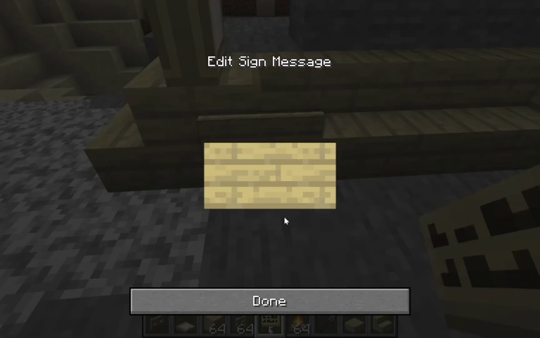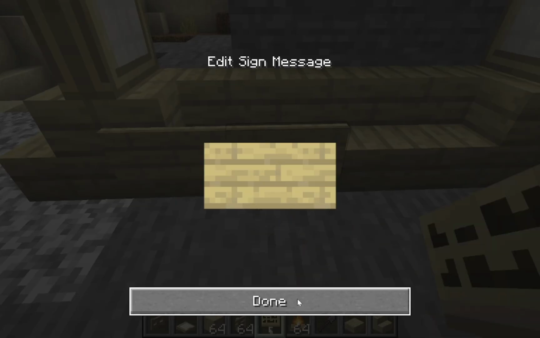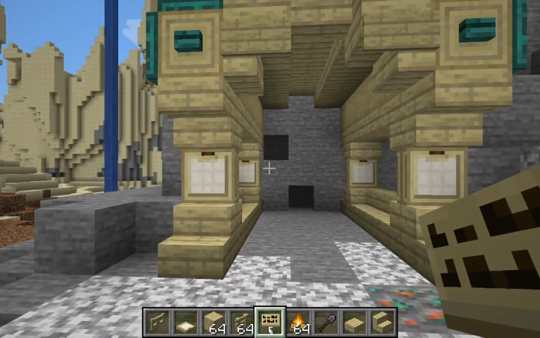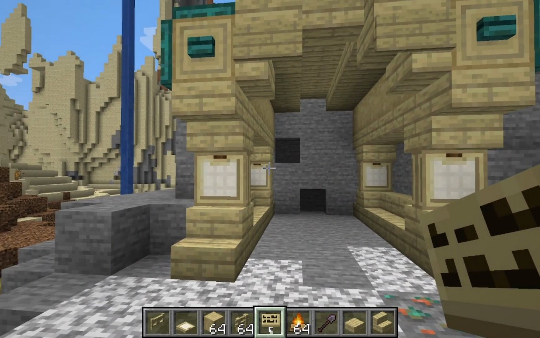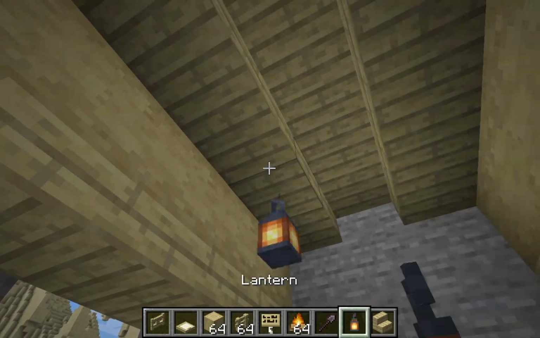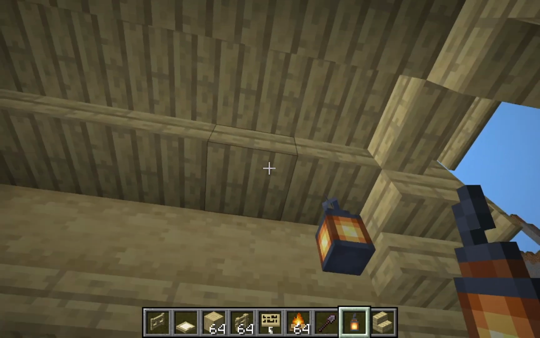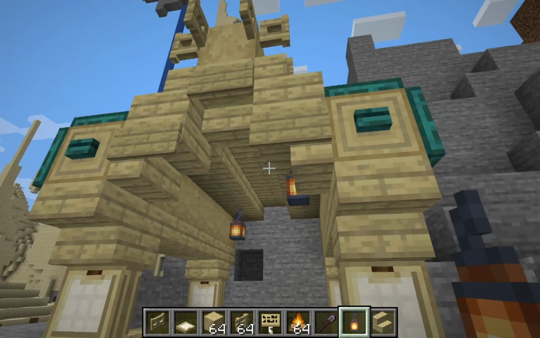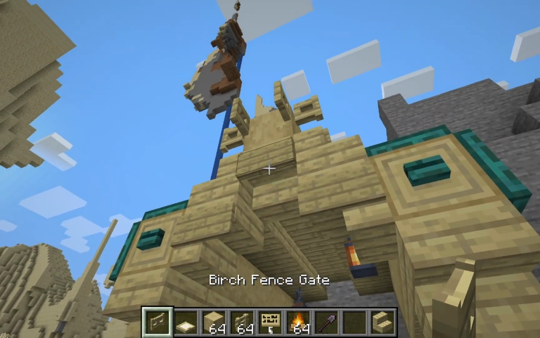I'm testing out some different sign placements just to see how they look. Some of them I liked, some of them I didn't, so I kept some and didn't keep others. Now to add some light to this place, I liked lanterns more than torches,